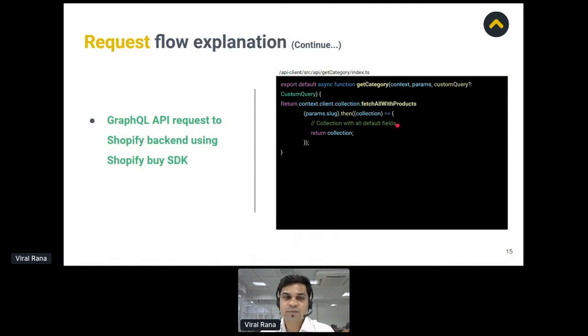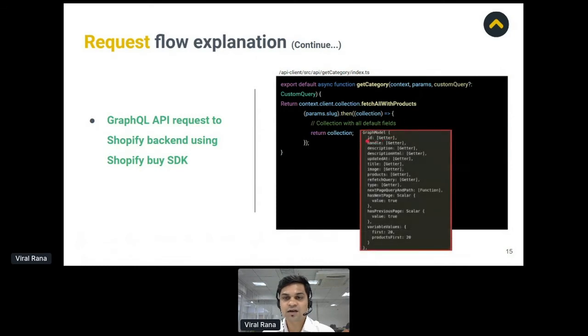Here in the code snippet, we have used the get category method of the API client, and using context.client.collection.fetchAllWithProducts. Note that fetchAllWithProducts is a method from the Shopify Buy JS SDK client, and we are triggering the request to the Shopify admin area, which as a result returns us a graph model.